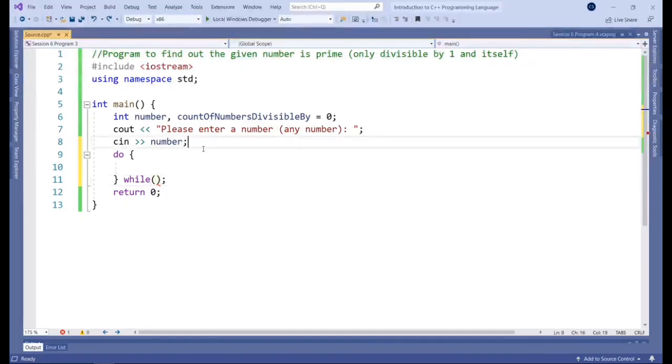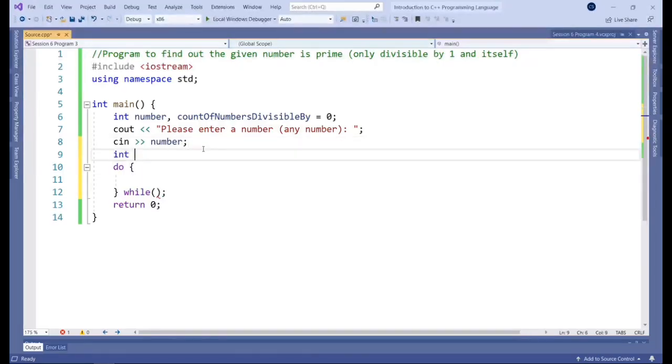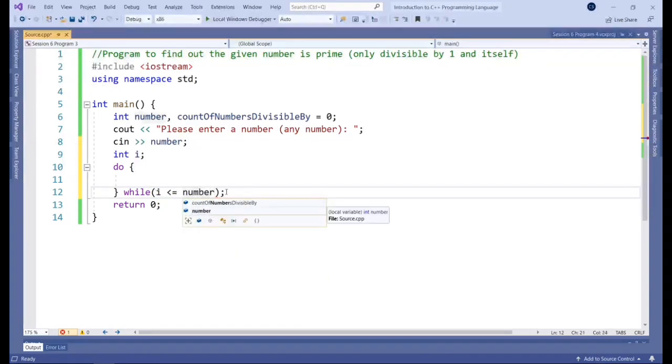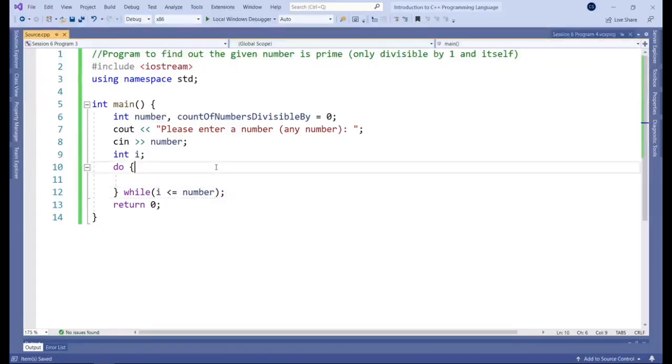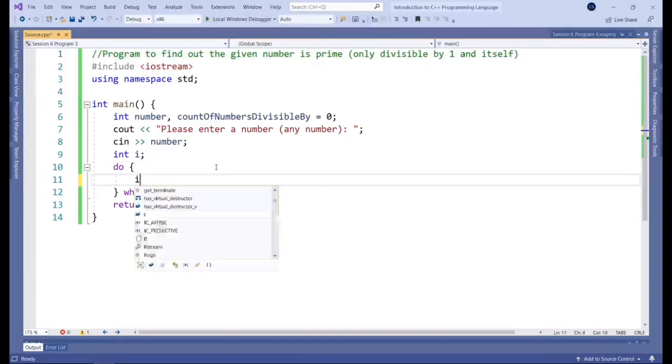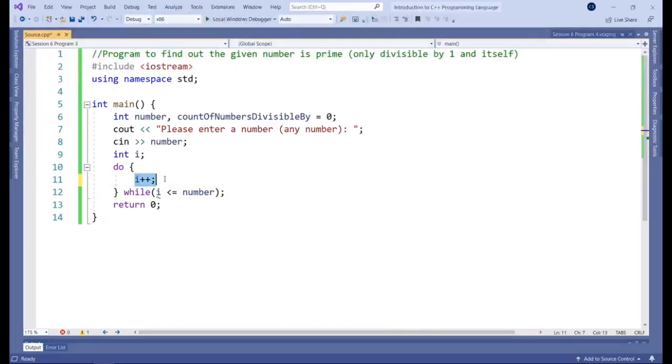Okay, so for our condition, let's create a tracker for the iterations called I, and we're going to loop as long as I is less than or equal to the number that we are evaluating, because we want to check all the numbers from 1 up until the number that we're evaluating to see if the number is divisible by those. So we're going to check all those candidates, and we're going to increment as we go along. So I'm going to check 1 by 1. So I plus plus. If we don't change the value of I, we're going to end up with a loop that goes forever. So we need to be mindful of this when we're creating loops.